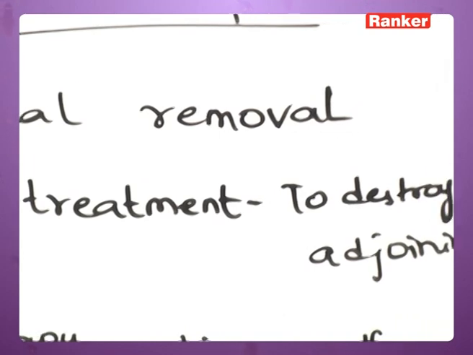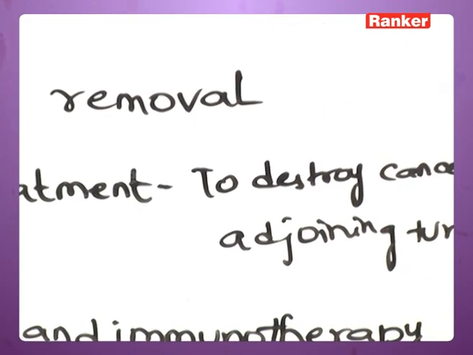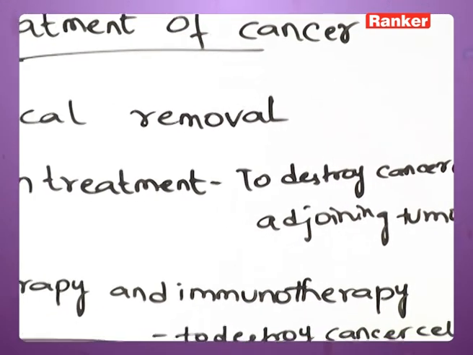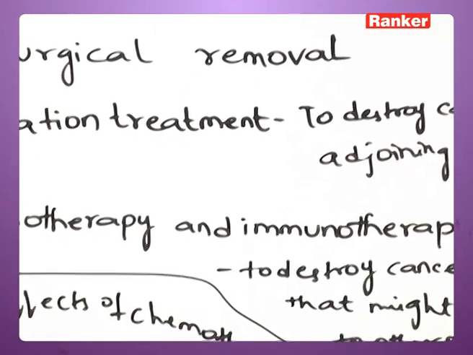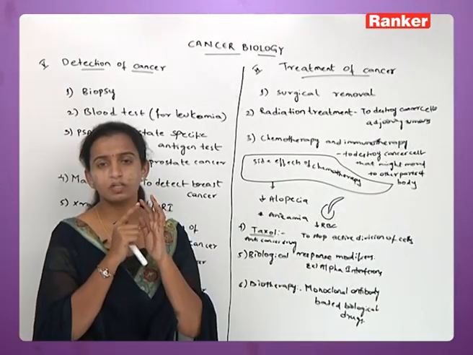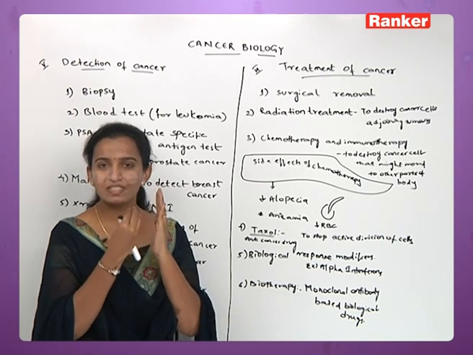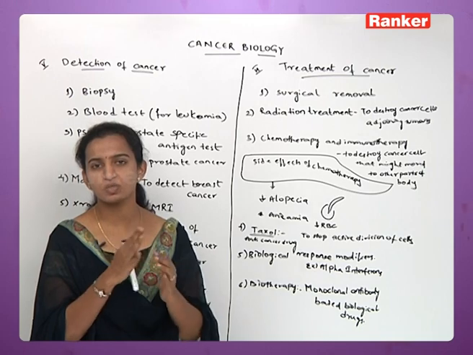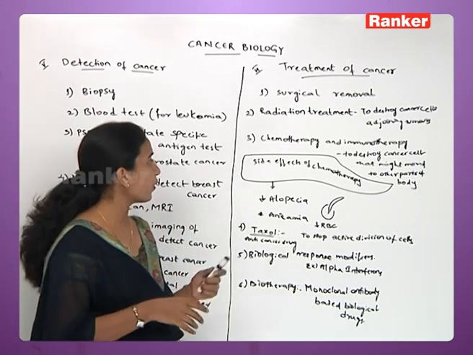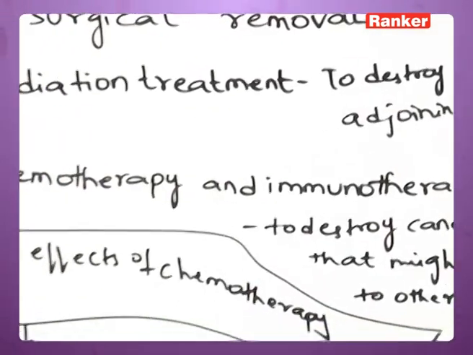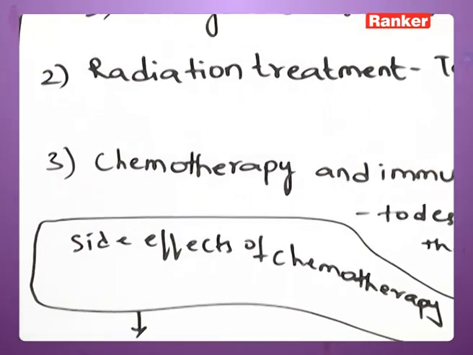Radiation means, see, if there is a cell present here, and another cell is present here. This is a normal cell and this is the cancer cell. If you want to protect this cell so that it does not suffer from the cancer, you need to send the radiations so that this cell will not spread its cancer to the next adjoining cell. Now chemotherapy is nothing but to destroy the cancer cells